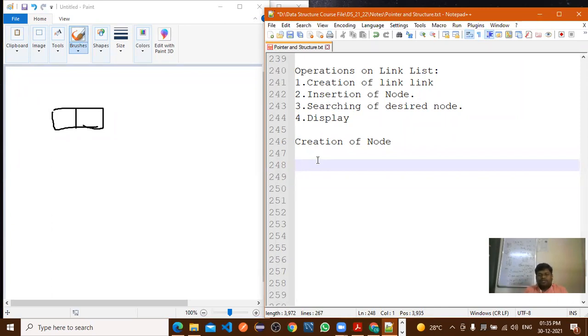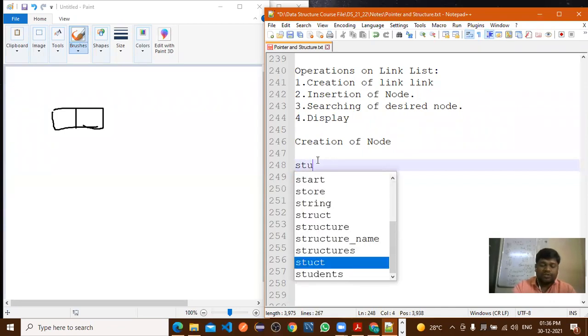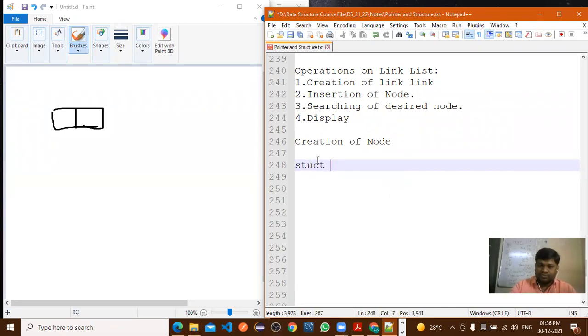The next part is for link. Now we discussed one concept, the self-referential structure. With the help of that concept, we will create this node. Now how to create? Struct node. Node is your user defined name.